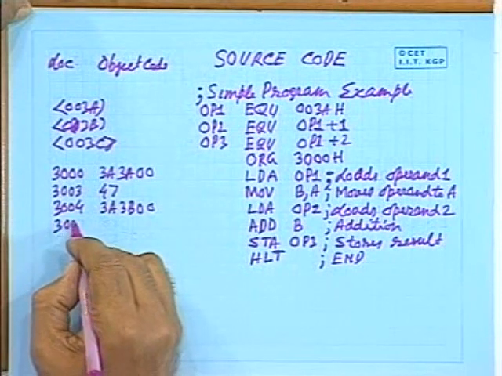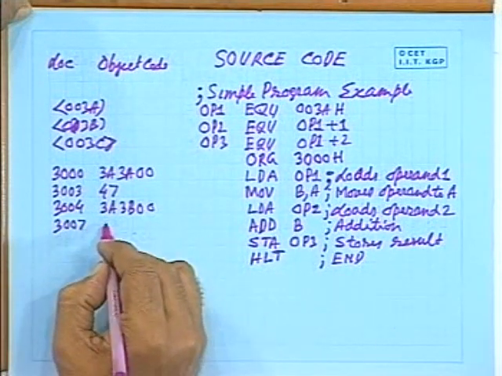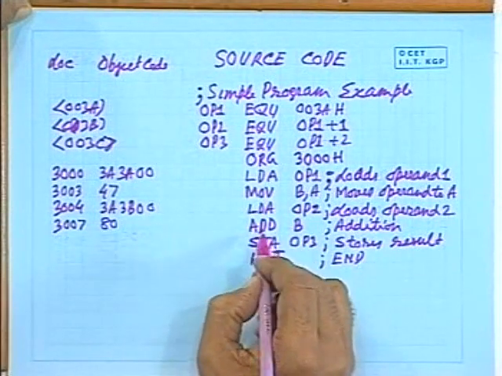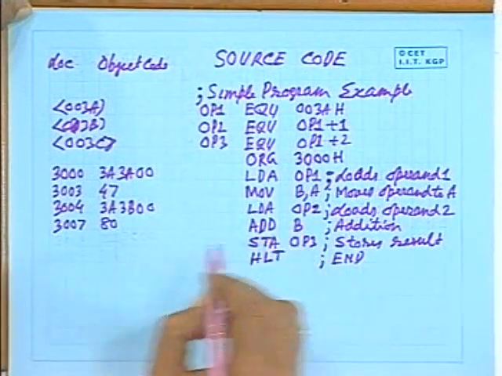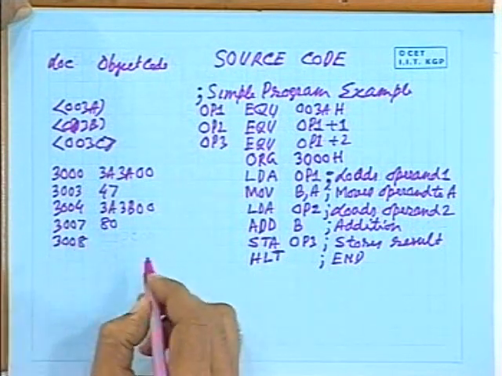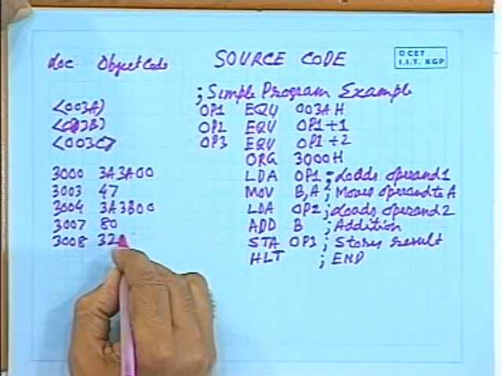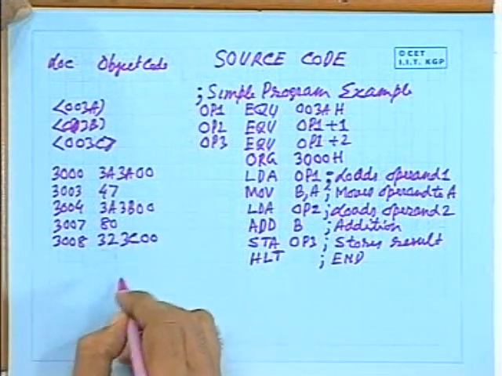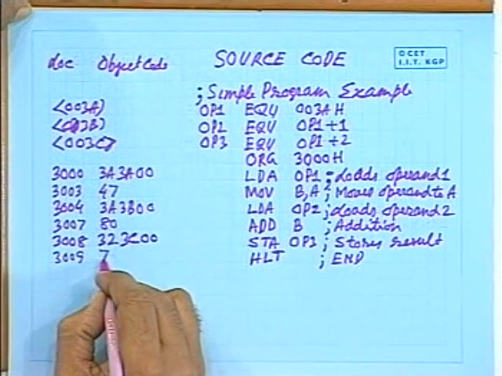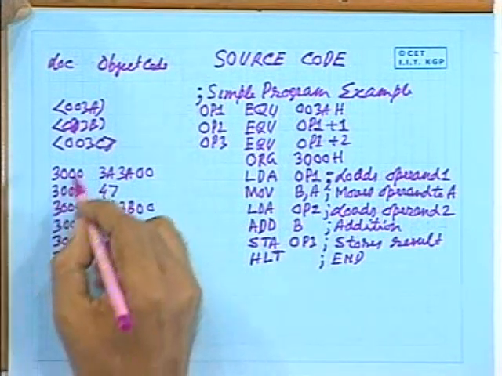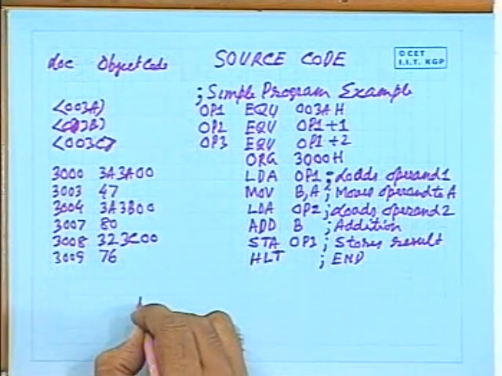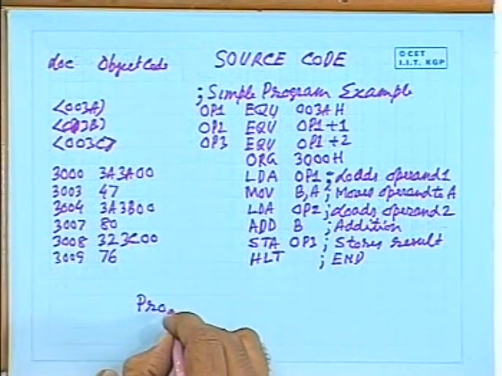So next instruction will start from 3007, 80. This is the code for this add instruction, 80. Then the next instruction will start from 3008, 32 3C 00, and then the 3009 memory location will occupy 76. So this is your machine language code. So if you take a program listing from the assembler,